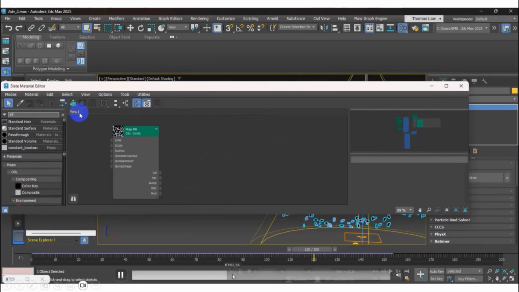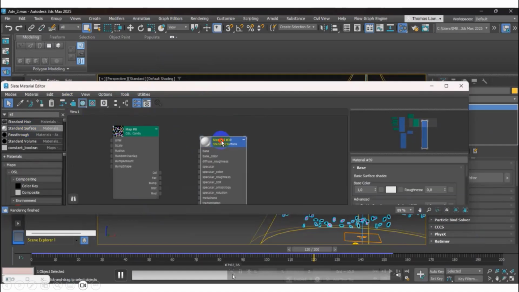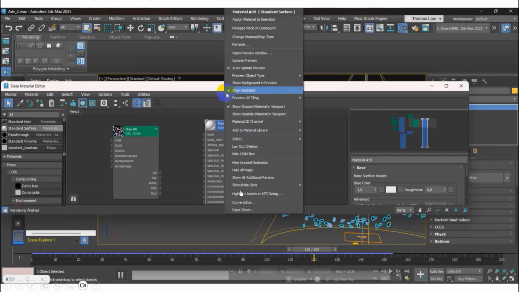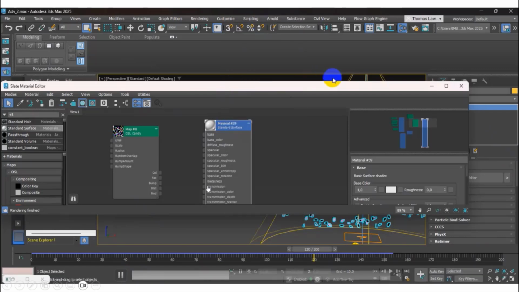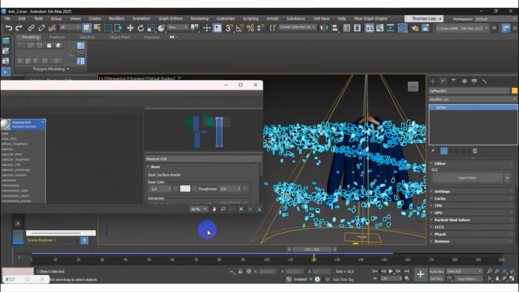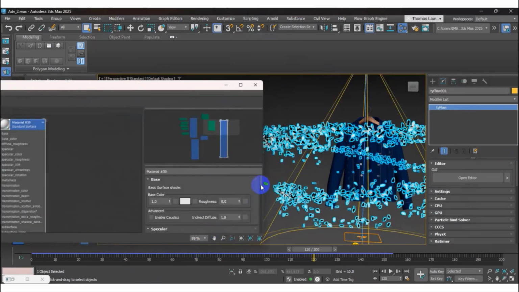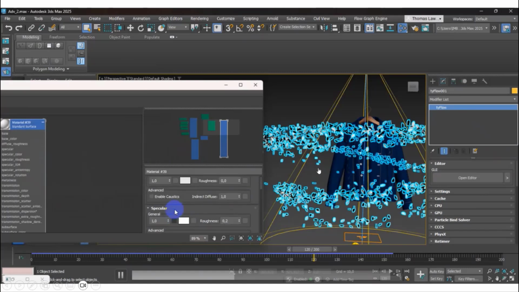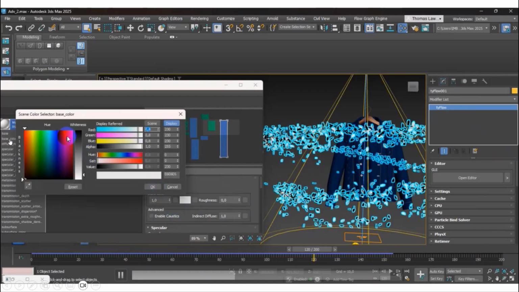Okay, this is talking about the rendering, because you need to apply materials. The question is, is it possible to apply a material to the particle? The answer is yes. This is a capability of Tyflow. Easy. If you own V-Ray material, Redshift material, any renderer, you can apply it. In this movie I'm using Arnold, because this is the standard surface.